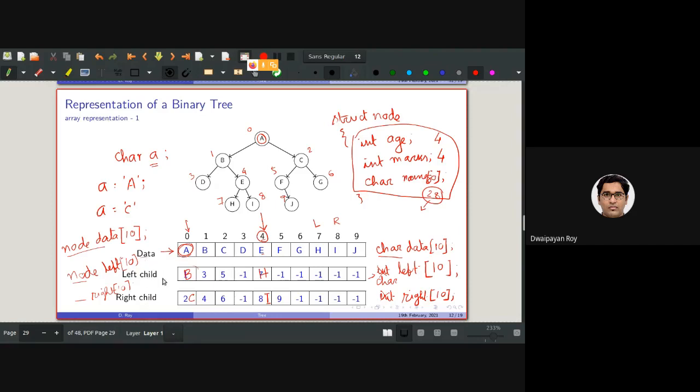Only the root will be stored in only the first array, but all the other nodes are children of some nodes, so they will be getting stored here or here as well as here. But what I am suggesting is, instead of storing the node itself, we can store the location of that node in this data array. Is it clear?